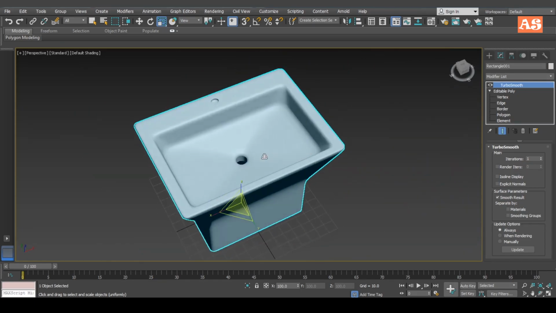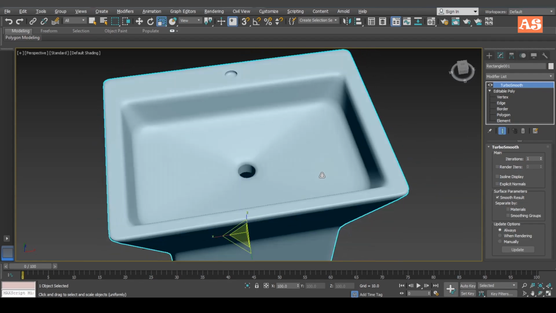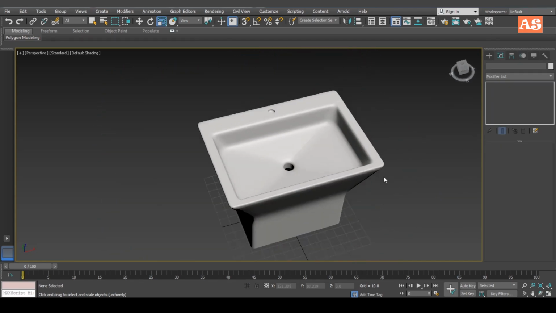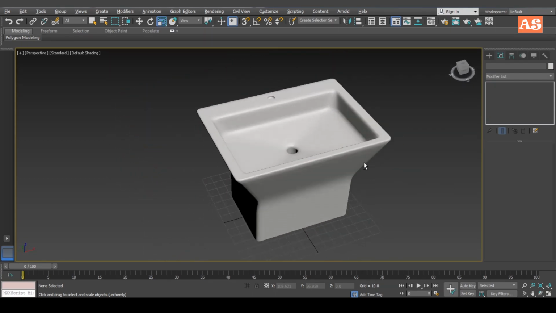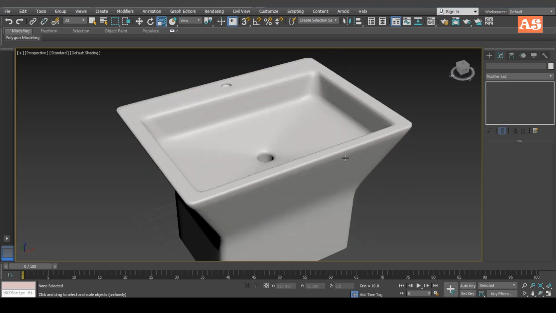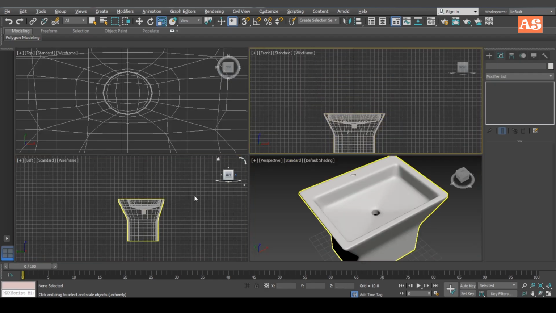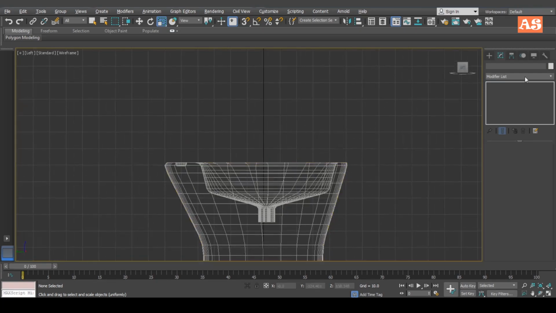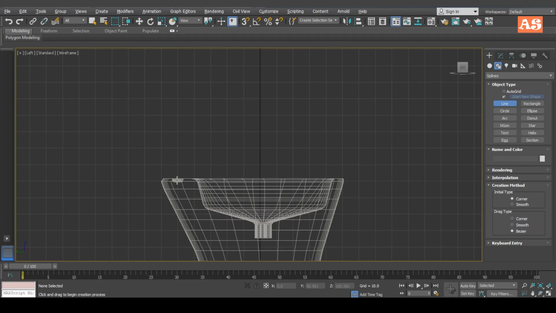Okay. So this is our wash basin, and now I'm going to create a tap for this wash basin. So select a line, click on this point,